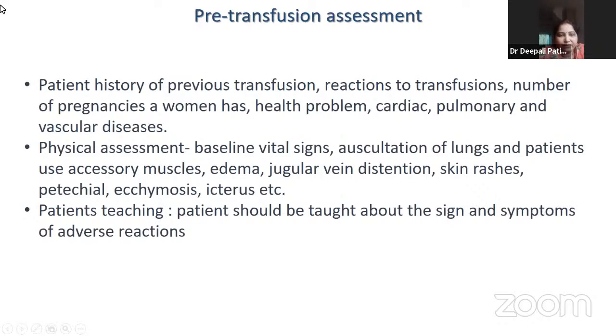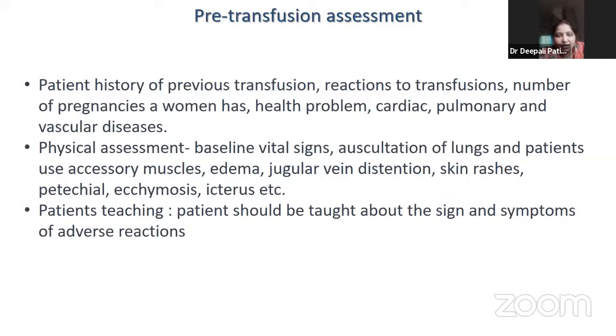Pre-transfusion assessment. The patient's history of previous transfusion, reactions to transfusions, number of pregnancies a woman has, health problems, cardiac, pulmonary, and vascular diseases should be ruled out before blood transfusion. Physical assessment of the person should be done. Baseline vital signs should be observed like pulse, blood pressure, temperature, and respiratory